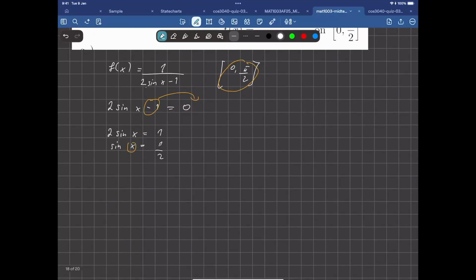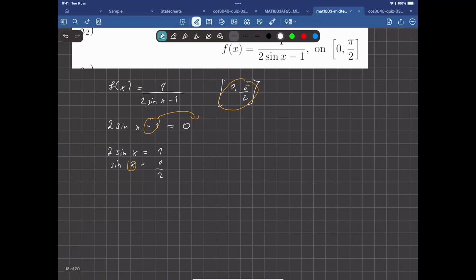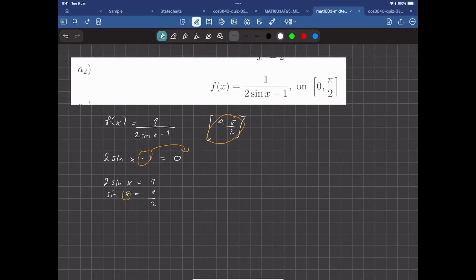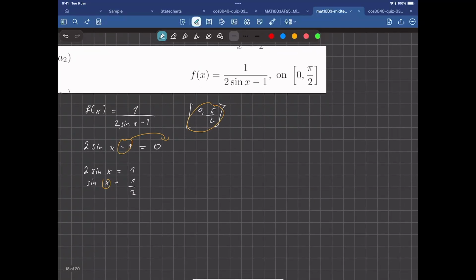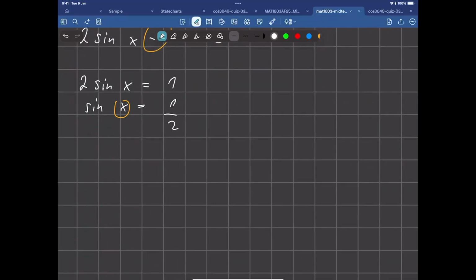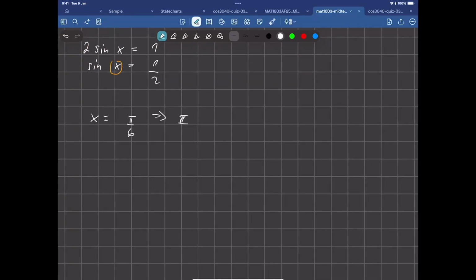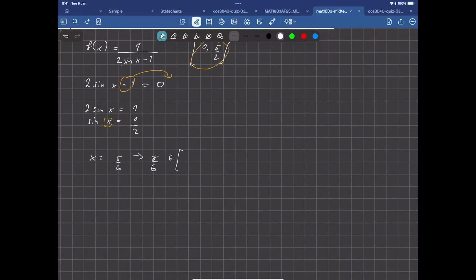As well as all of the other values of the unit circle, because obviously the professor is not going to give you the exact same problem on the midterm. So the problem is an infinite discontinuity, because the denominator will go to 0, the top is 1, so we have a vertical asymptote. Therefore, x could be pi over 6. And then you write pi over 6 belongs to the interval between 0 and pi over 2. Therefore, we have an infinite